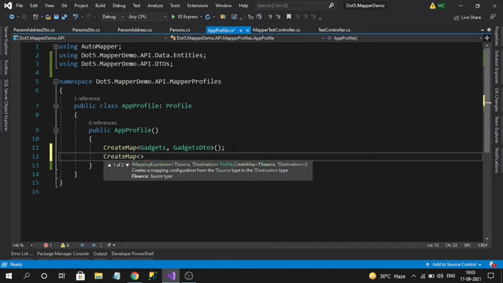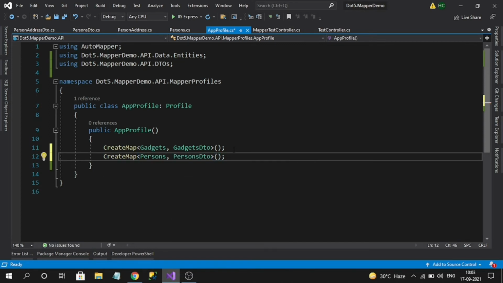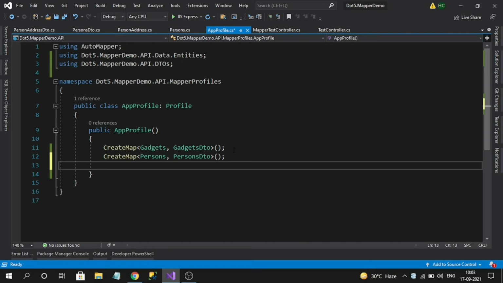Create map, where the parent class is person and person DTO. But since we want to map child classes as well, we have to register them also.